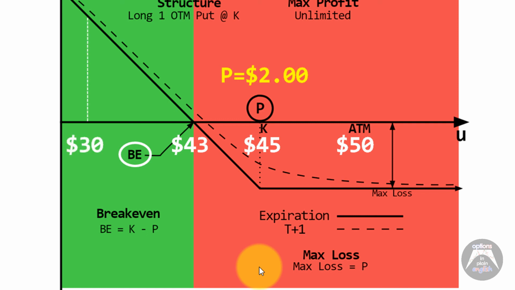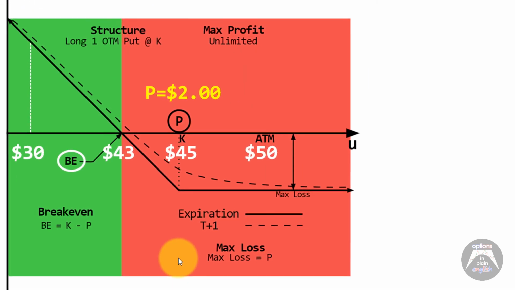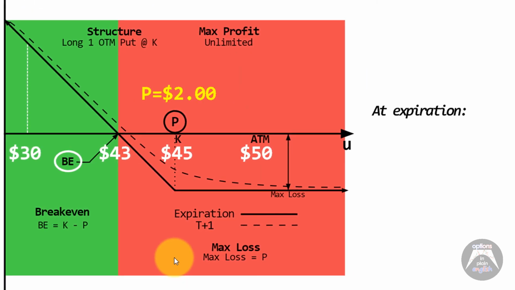Now, what will happen if, let's say, the underlying expires at $30? So we have the current price being 50. We buy the $45 put. We pay $2 for it, and the underlying price ends up being $30. So at expiration, if you have the underlying going to $30,